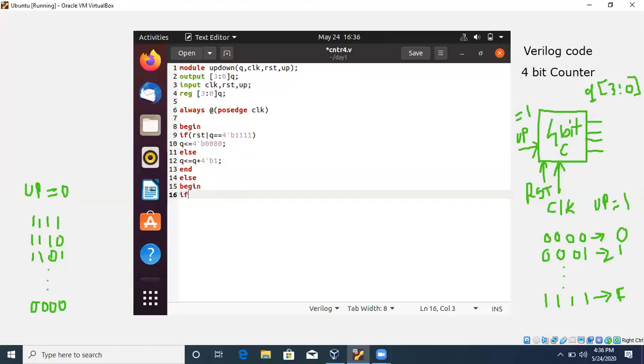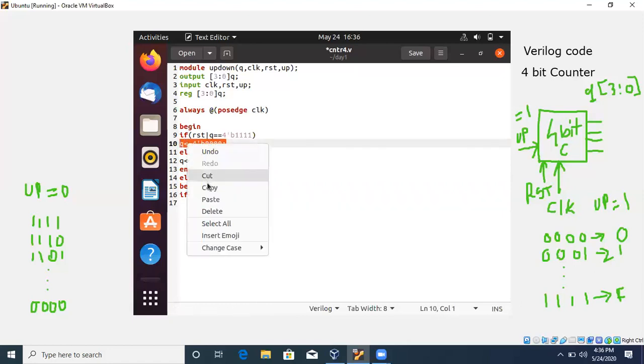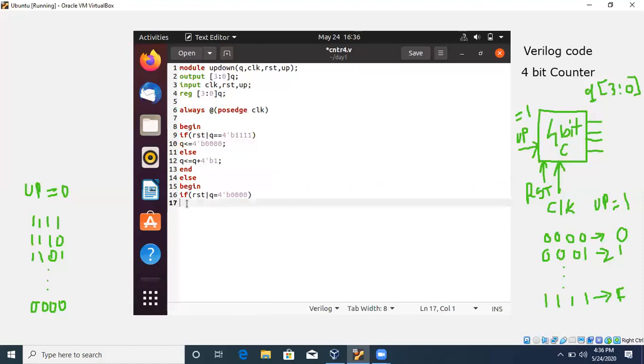Again we will include one if reset, Q is equal to, then Q is assigned the reverse of the earlier condition, which is 0000, else it should be decremented, because in this case it is acting as a down counter.